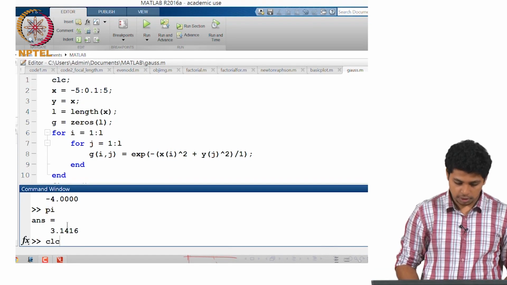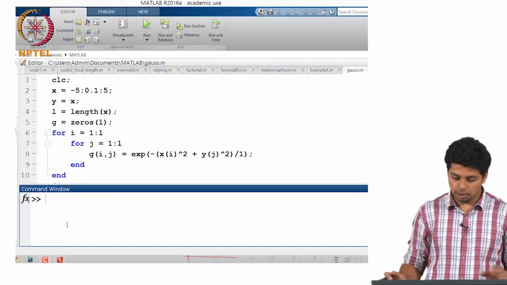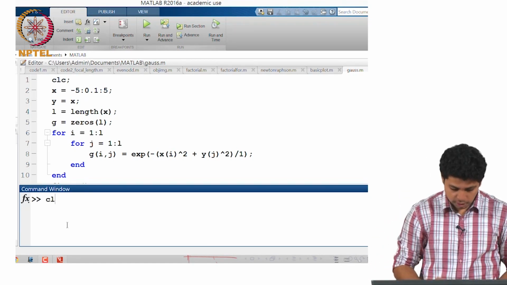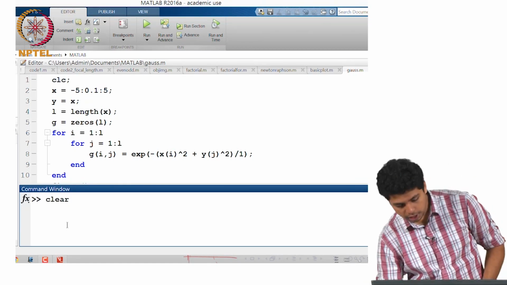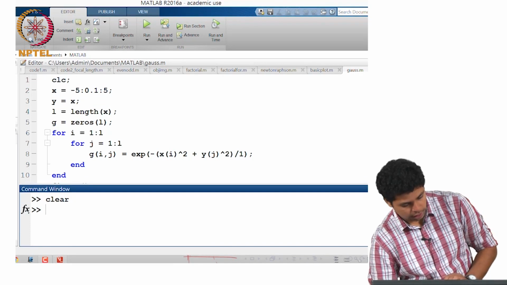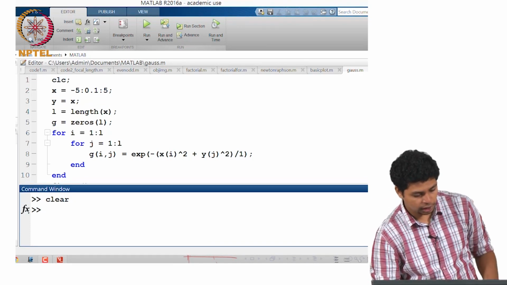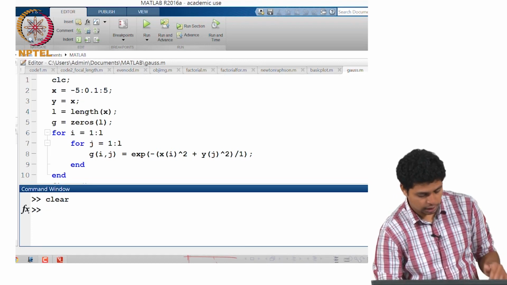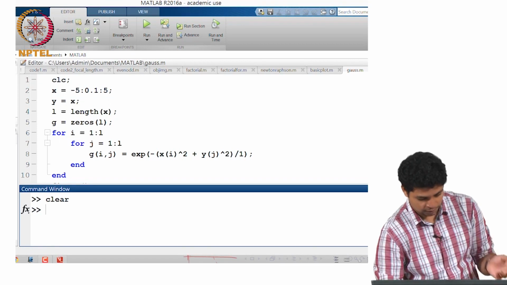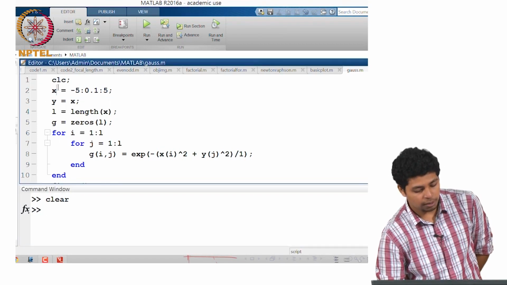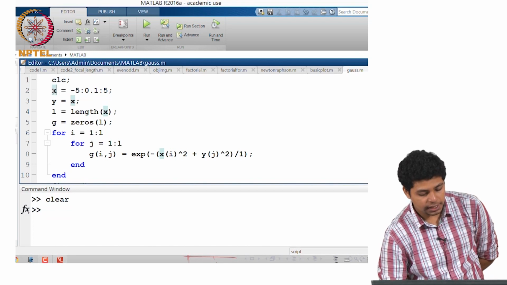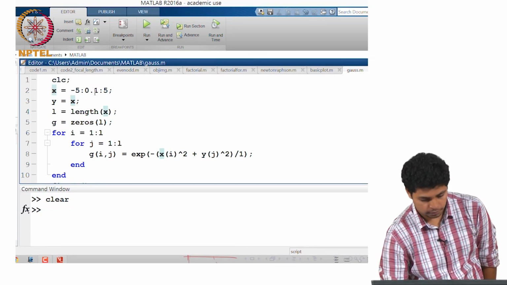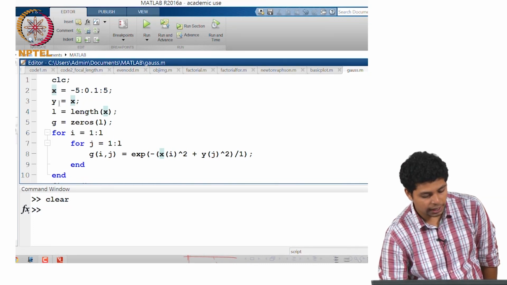The clc command is used to clear the command window, so that you do not have anything displayed there to confuse you. And we can likewise use a command called clear. What it will do is clear the workspace, it will delete all the variables and all their values, and you can assign new values to the variables without being confused. So in the program, x is given the values between -5 and +5 with a step of 0.1, and I have chosen to give y the same values.